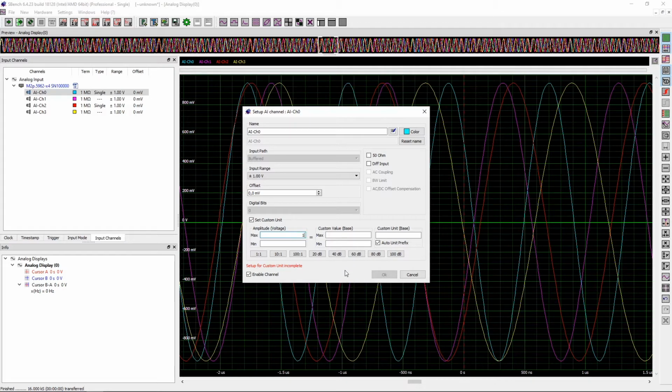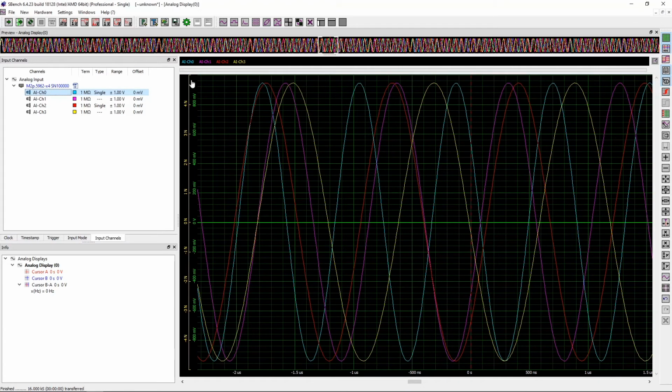This level is scaled to the maximum value that you set in the Custom Value Max field. As in the example, we insert 5 here. Now we input the minimum amplitude of the source, for example with -1, and the minimum custom value, in this example, -5. As the free choice custom unit, we insert N. Finally, click the OK button to see the display with the rescaled figures for N in yellow.